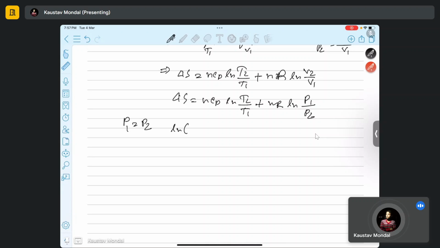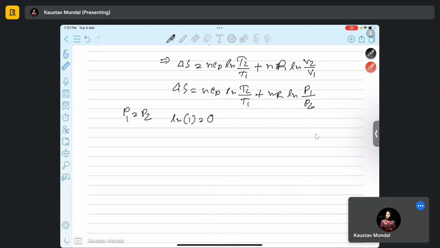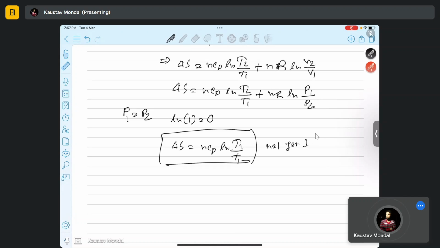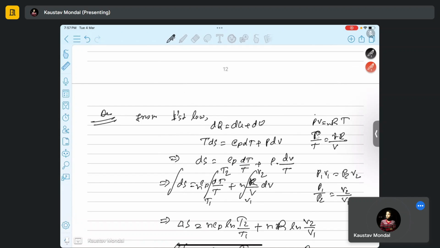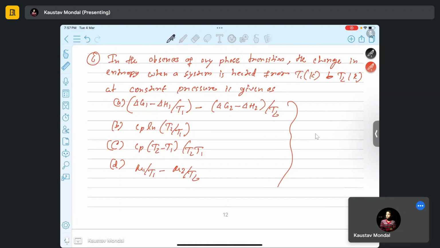So ln 1 gives you 0. So delta S is n Cp ln T2 by T1. This simply would be the change in the entropy, and for 1 mole n becomes 1, right? So the correct option would be